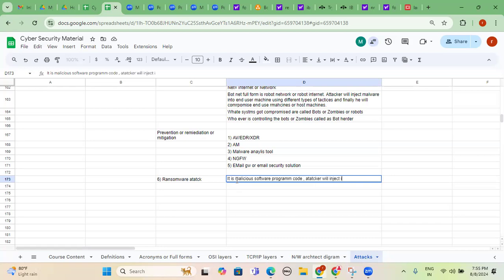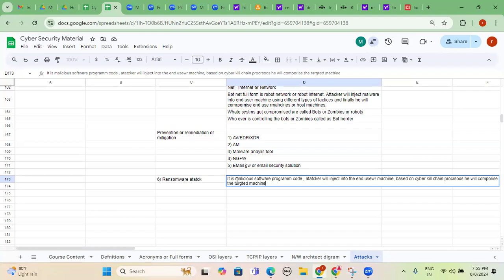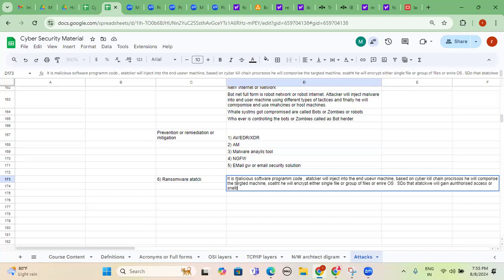The attacker will inject it into the end user machine based on the cyber kill chain process. He will compromise the targeted machine so that he will encrypt either a single file or group of files or the entire operating system, so that the attacker will gain unauthorized access, sensitive data exposure, or monetary gains.